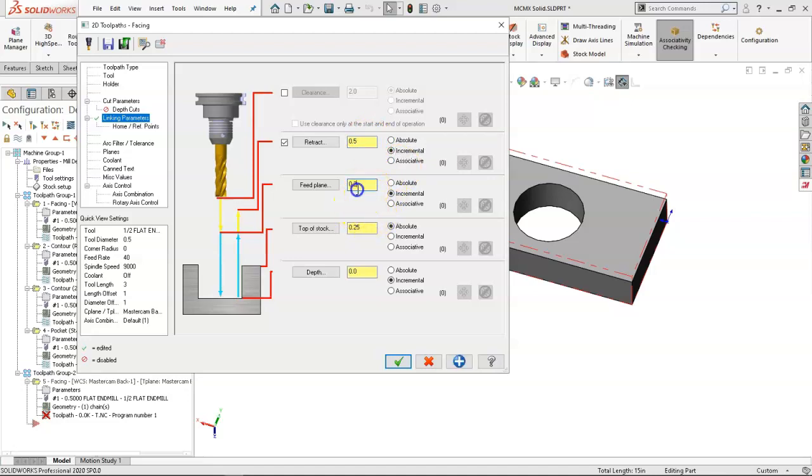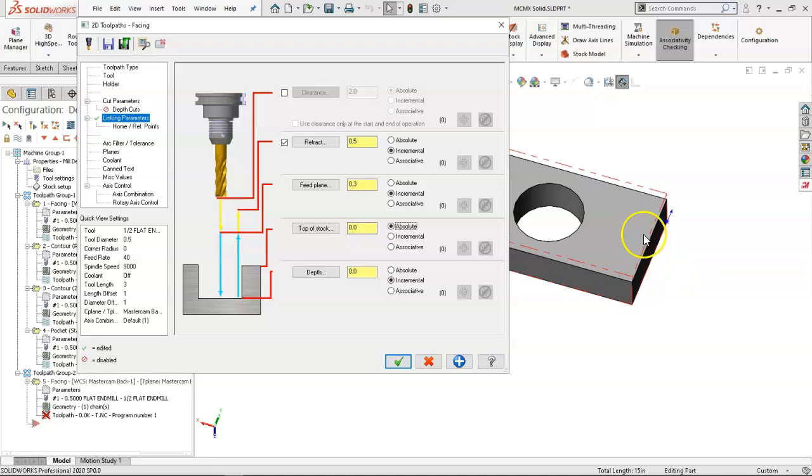stock, then the feed plane needs to be probably about 300 at least. And then top of stock is showing at 0.25, but technically, do I want to treat it as a negative value, or do I want to have it go to 0 in the program? All right, so depending on the post, how it functions, I think I want it to be top of stock at 0. It's seeing the stock that we generated, right, as there, and depending on what makes sense to you,